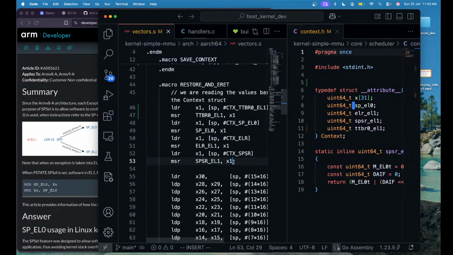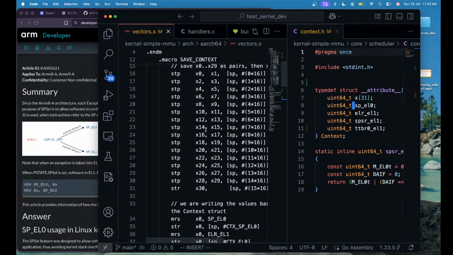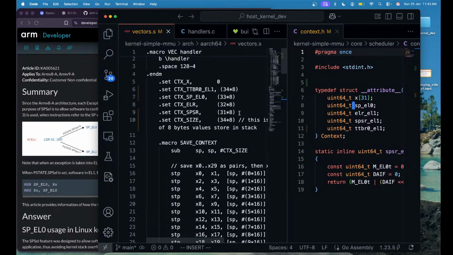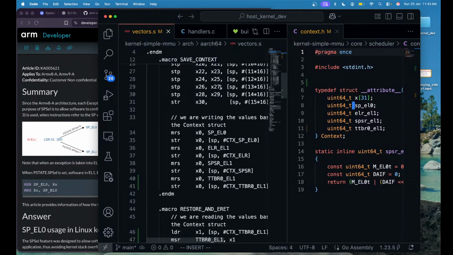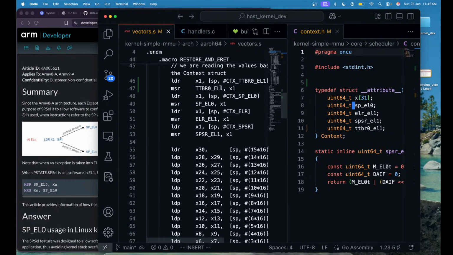Initially it was SPREL1 and then ELR1 and SPL, and I had the values in reverse order because SPL1